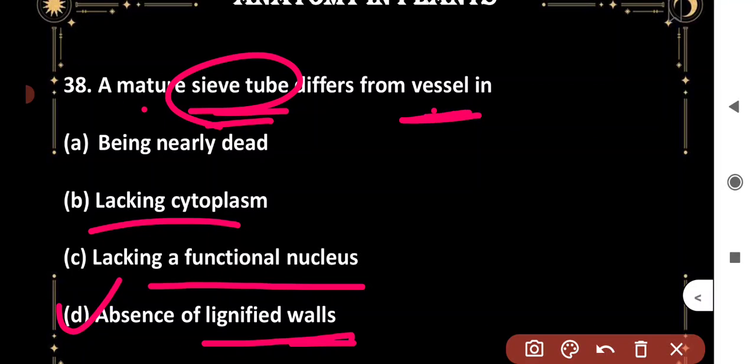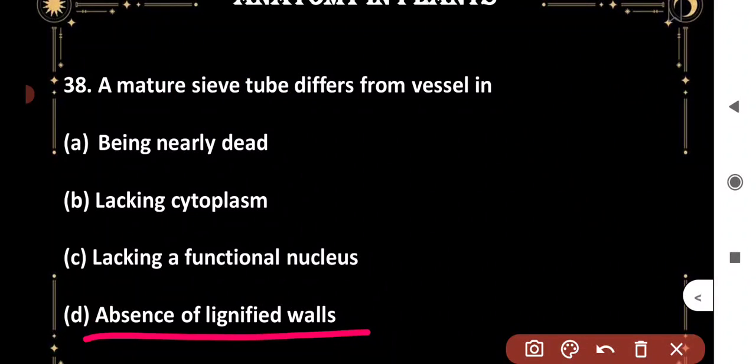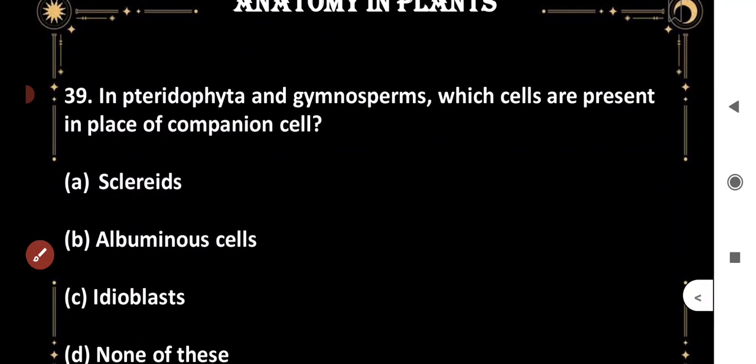See, vessels do not have a nucleus, and sieve tubes also do not have a nucleus. This is not nearly dead, this is dead. This is having cytoplasm, this is lacking cytoplasm. So I can say the absence of lignified walls in sieve tubes makes them differ from the vessels. Next,